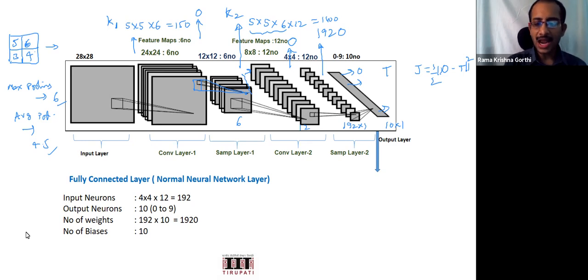So we initialize all of them through some procedure. Initially we initialize randomly. What is the range for this random initialization? And at each layer, do we have a different procedure of initialization? On that we need to look. One thing to notice: initialization is also a very important part in learning of a convolutional neural network.